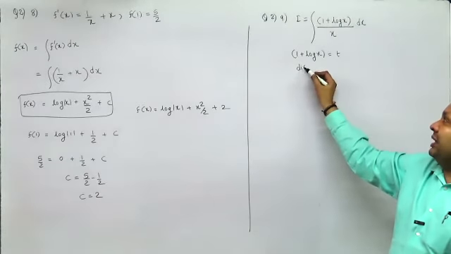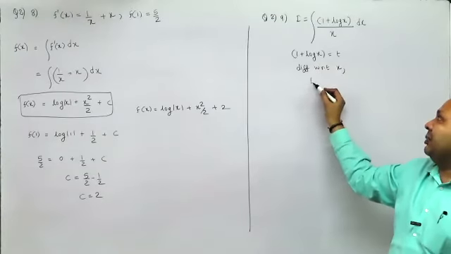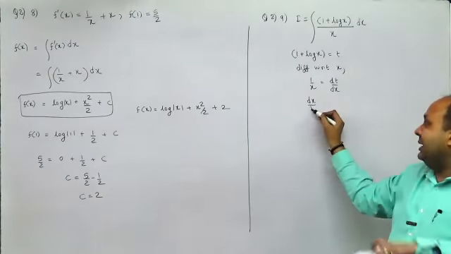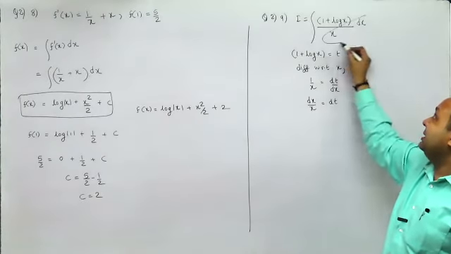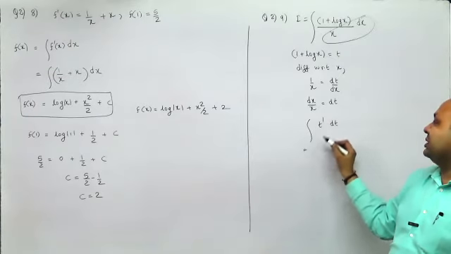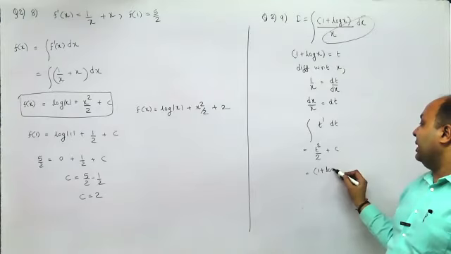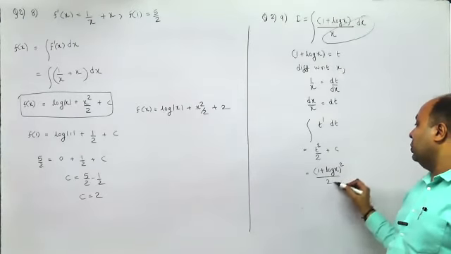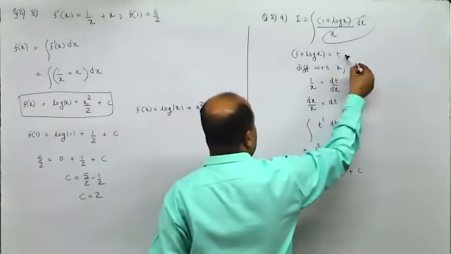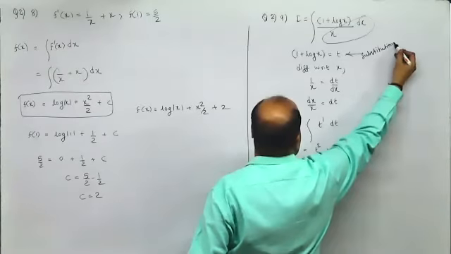Now, when you take 1 plus log x as t, you differentiate with respect to x. The derivative of log x is 1 upon x, and this is dt by dx. So, dx by x is dt. Now 1 plus log x is t, so t here, dt here. So this is t raised to 1, which gives t raised to 2 by 2 plus c. And what is t here? It is (1 plus log x) the whole square upon 2 plus c. Now they haven't asked you to solve it. They have asked you only for the substitution part, but I have carried it further.